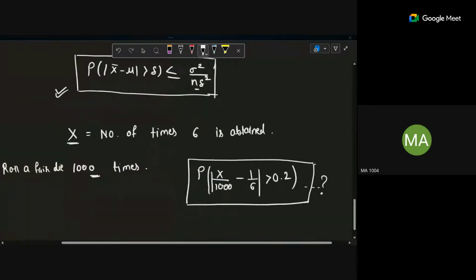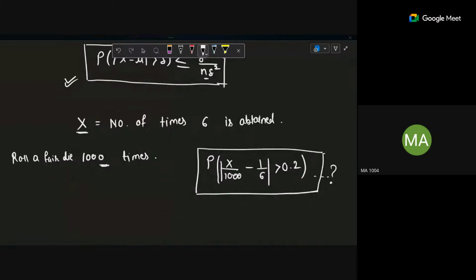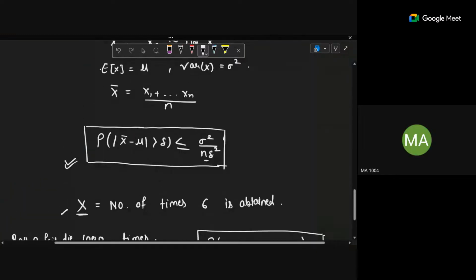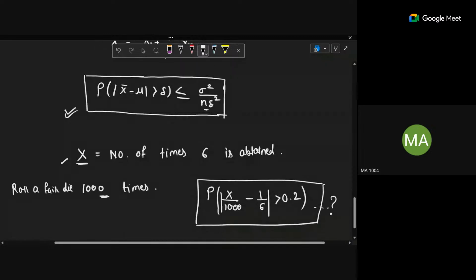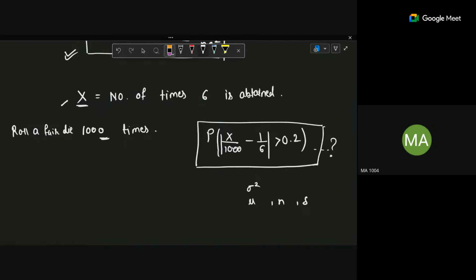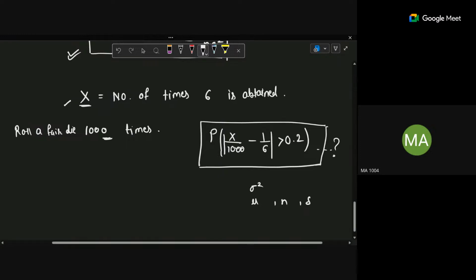Here we have defined only one random variable x. Then how will you apply the weak law of large numbers? What is your delta, what is mu and sigma square? What are the quantities we need to solve these questions? Sigma square, mu, n, and delta square, or say just delta, no problem. So how did you solve this? If you know that you have rolled a die 1000 times and x is denoting the number of times 6 occurs, what was your action for this?